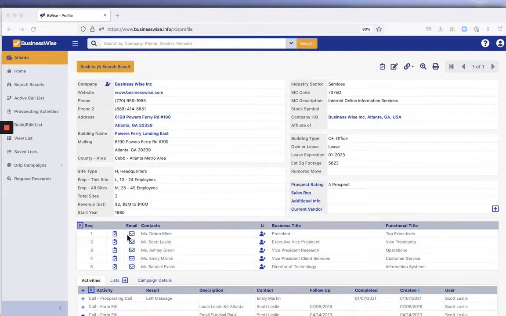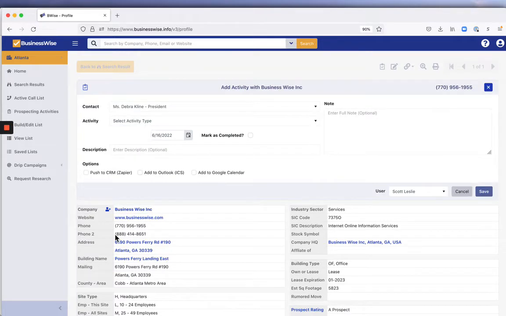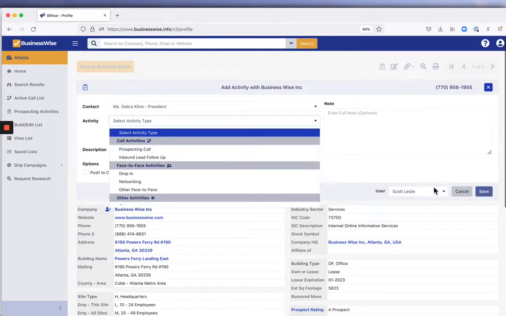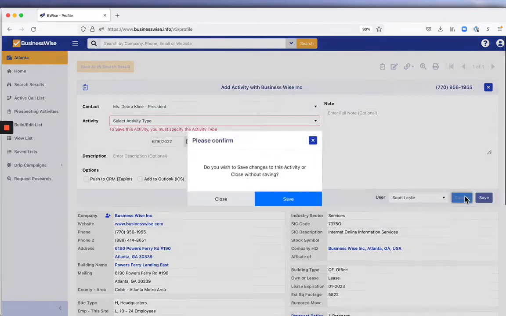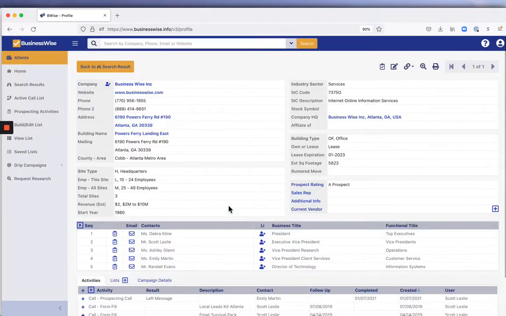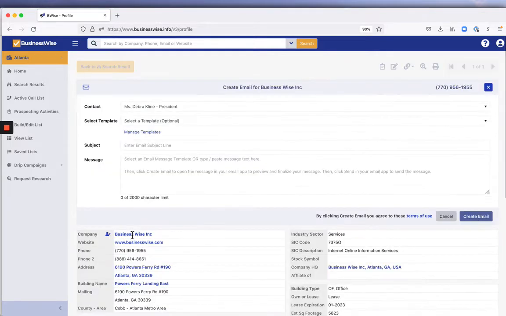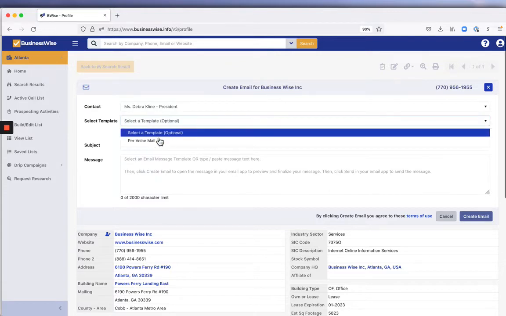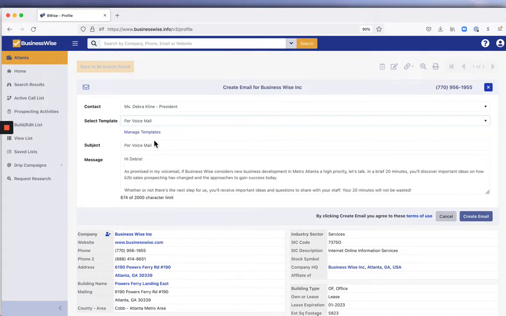Of course, if you're just logging a call to, say, Deborah, if you're prospecting to Deborah and you're logging a call, you're going to use the clipboard icon and you're going to be logging the call as follows. But if you're actually going in and wanting to do an email follow-up, you'll click the email icon. That will pop up a similar form and you'll select the template that you want to use. So for example, if you just left a voicemail and you want to do an email follow-up to that,